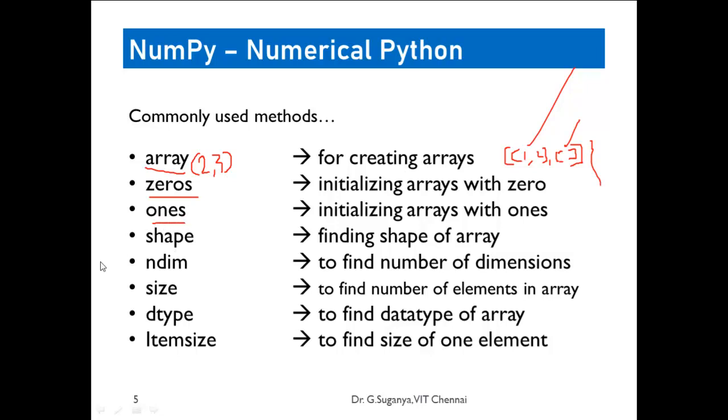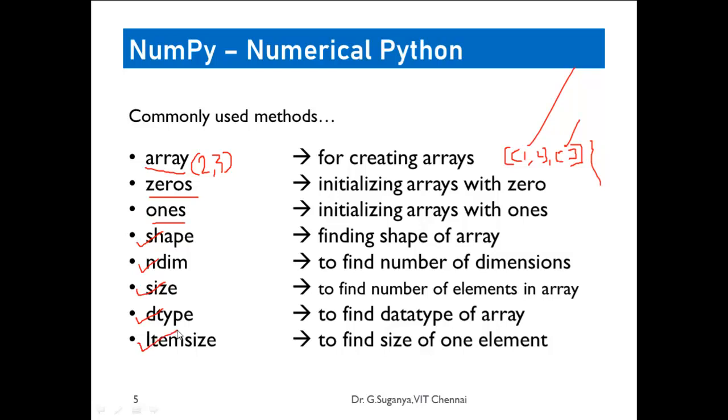Okay, and some of the basic operations that are there. Dot shape will tell you the dimension of the array. Dot ndim will tell you how many dimensions there are. Let's say here it is a 2-dimensional array, that's what ndim will give you. Shape tells you how many rows and columns there are. Size represents how many elements there are in total in an array. It's mostly a multiplicative operation of the shape. Dtype tells you the data type associated with the particular array, so if it is integer or floating point, that will be represented.